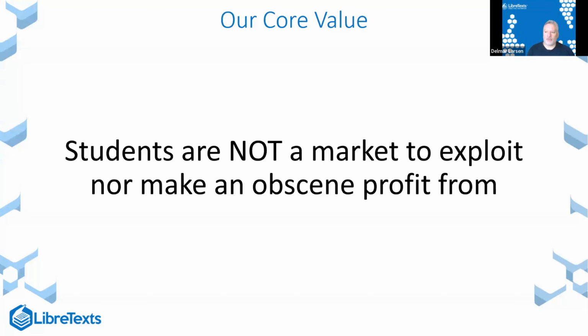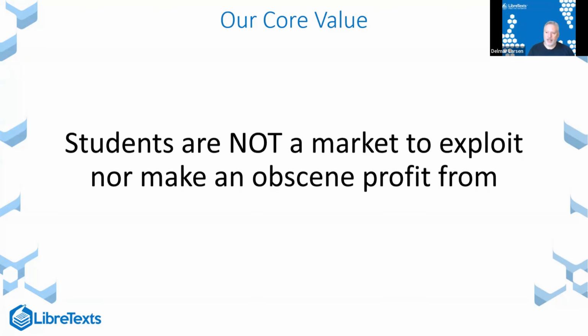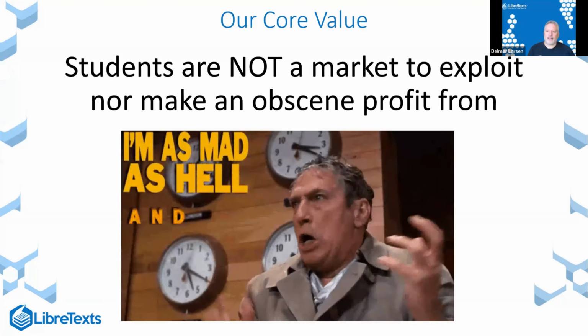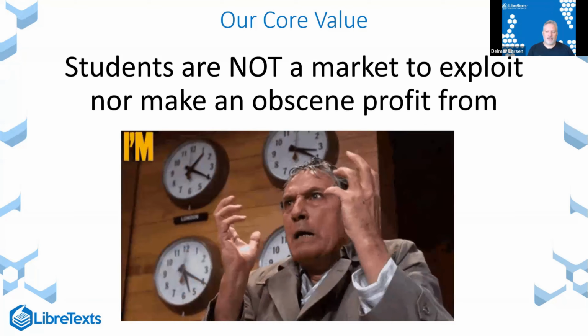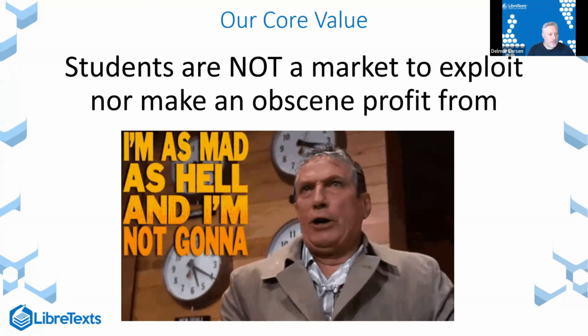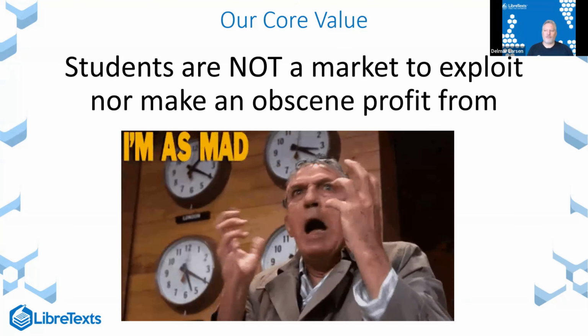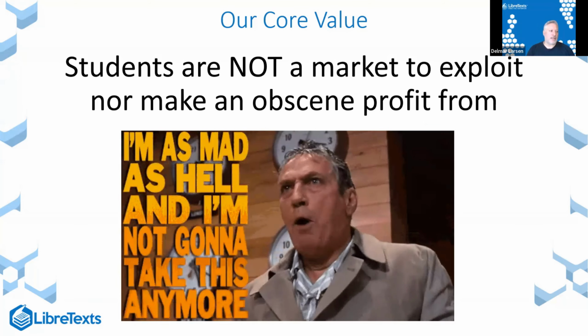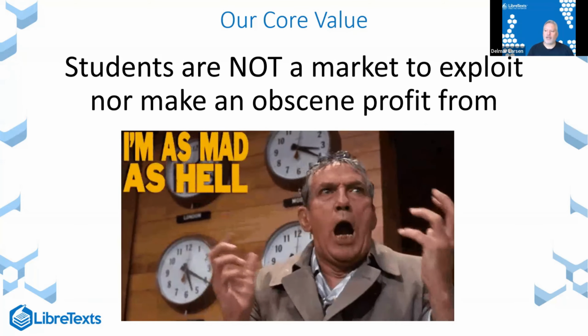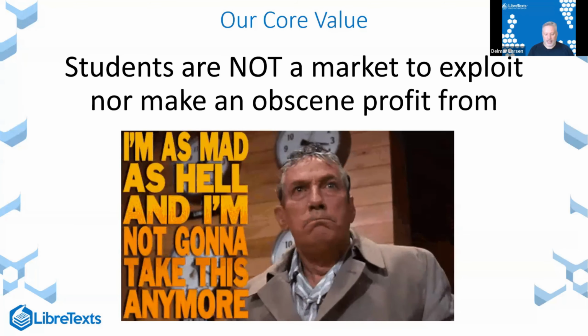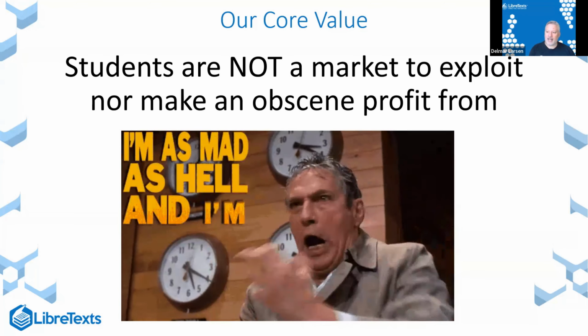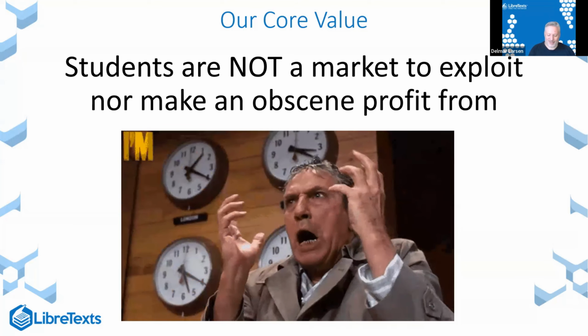When we started the LibreText project, initially called the ChemWiki project, it was this that motivated us and motivated all the people who volunteered and contributed to our project. So it was in 2008 that we felt that we were a critical component in the chain involved in exploiting students, and we wanted to change that. We were motivated by the fact that we were upset by the way things were going. And I would say I'm still upset with the way things are going.